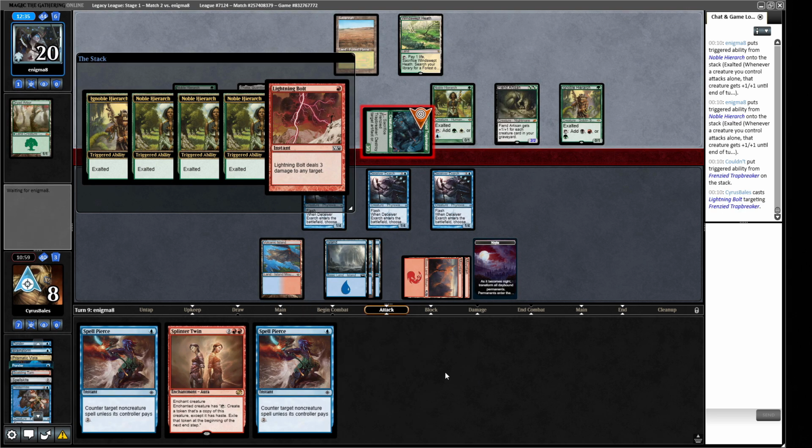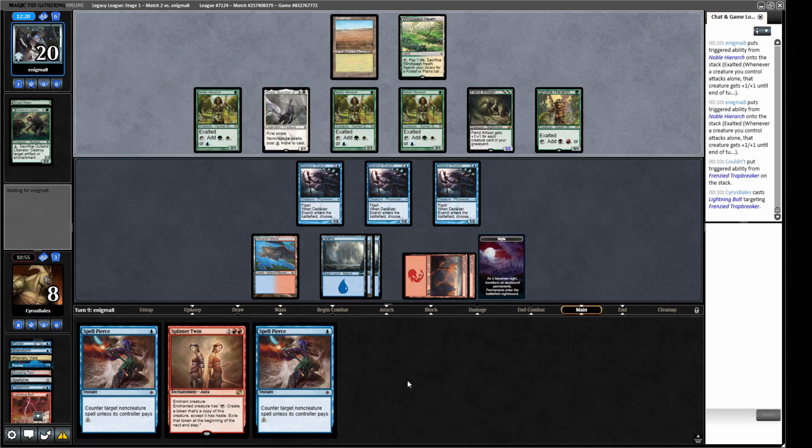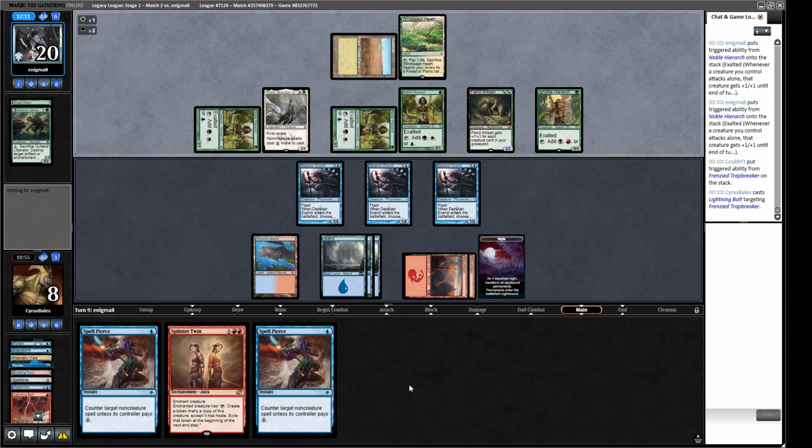So we get to blow this up. That's step 1. So we're not taking any damage this turn. We have 1 Spell Pierce available. Do we think our opponent has 1 Swords to Plowshares or 2 Swords to Plowshares? Maybe we'll find out now. If they tap down, only leaving 1 up, then that gives us some